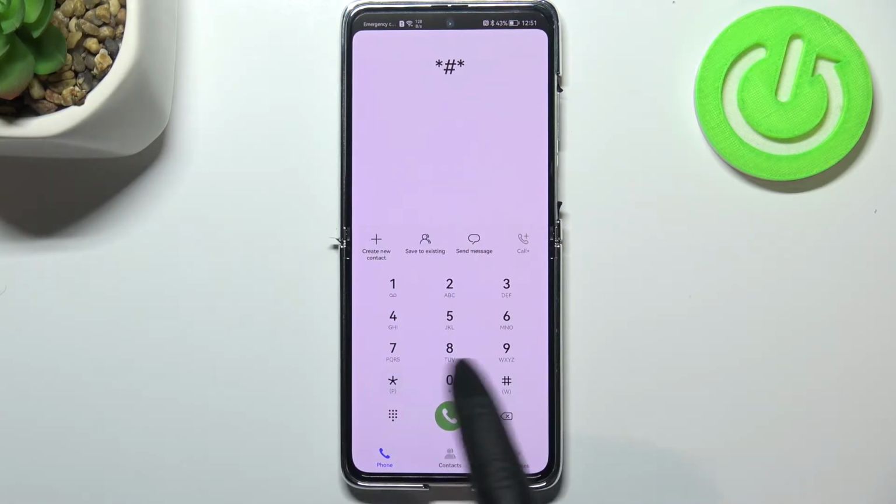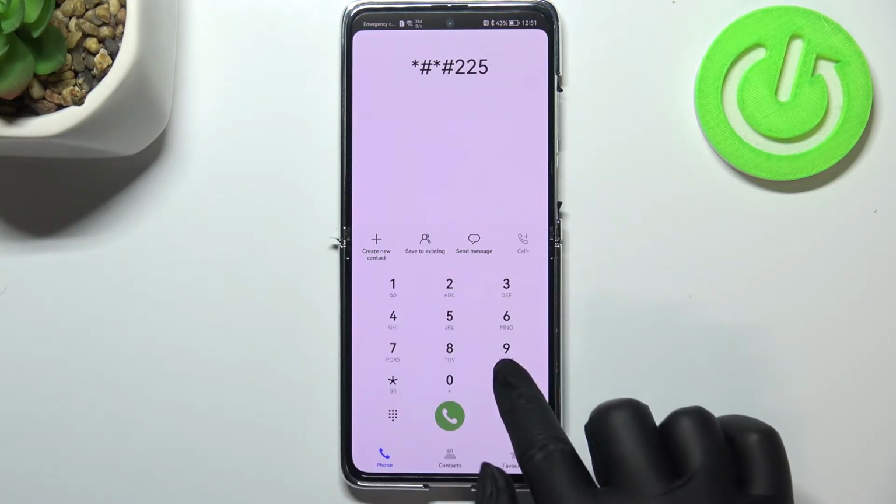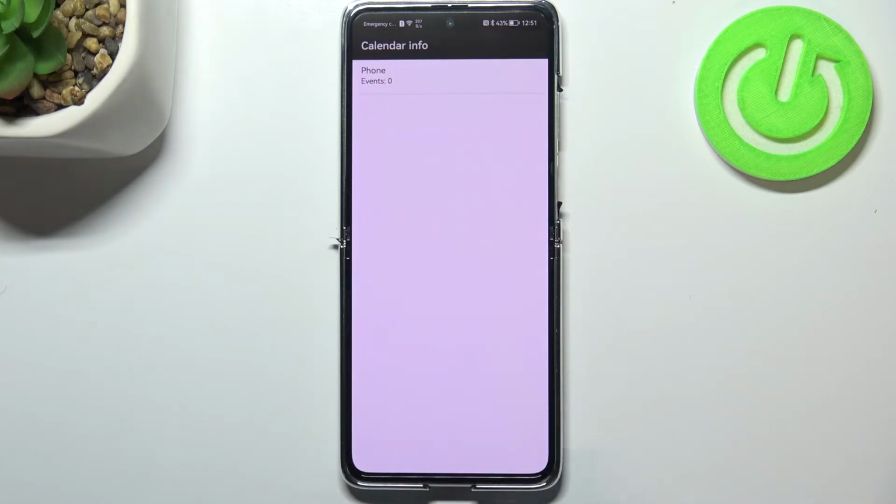It is *##, 225, ###. And as I said, we are in the calendar info, so here we will have all the events gathered in the one place. Unfortunately, I did not have any events saved on my device, that's why we cannot check it, but no worries. I assure you that if you've got events saved or something, then they will for sure